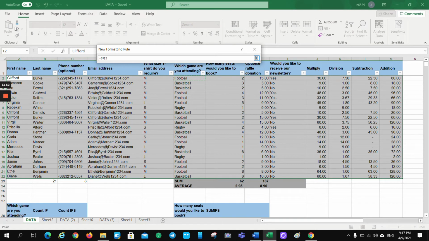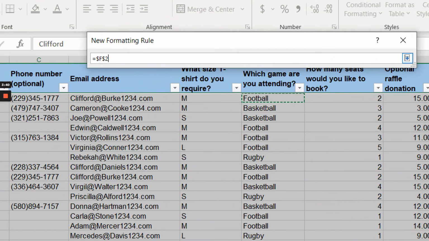But make sure when you are clicking it, two dollar signs are coming with it, one before the F and one after the F and before the 2. These two are showing columns and rows. You need to remove the dollar sign before the 2, because I don't want to read all the rows. I just want to follow my column.